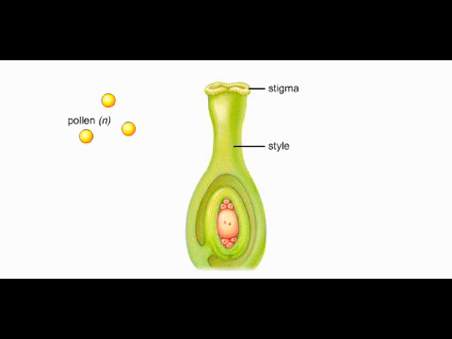When a pollen grain lands on a receptive stigma, it germinates. The tube nucleus forms the pollen tube, which grows down the style into the ovary. The generative nucleus divides by mitosis to form 2 sperm nuclei. The pollen tube will carry the sperm nuclei up through the micropyle to the ovule, where double fertilization will take